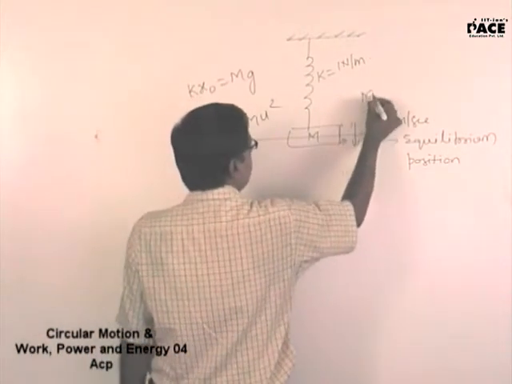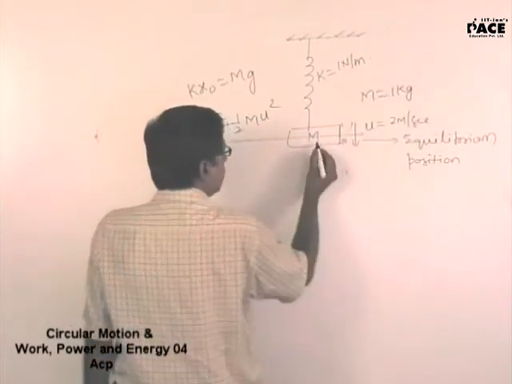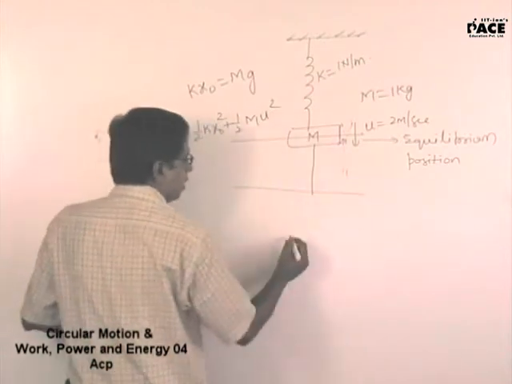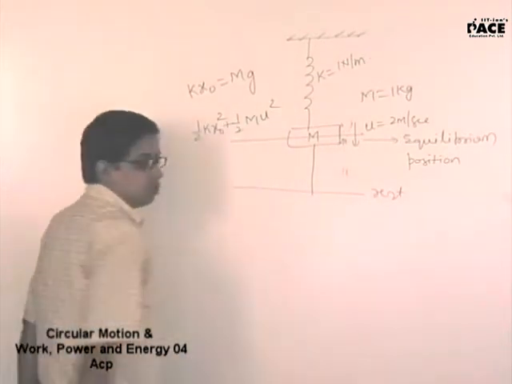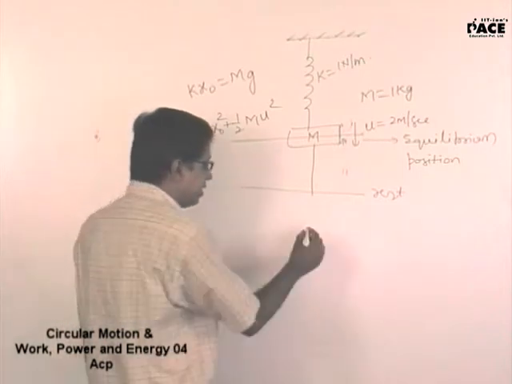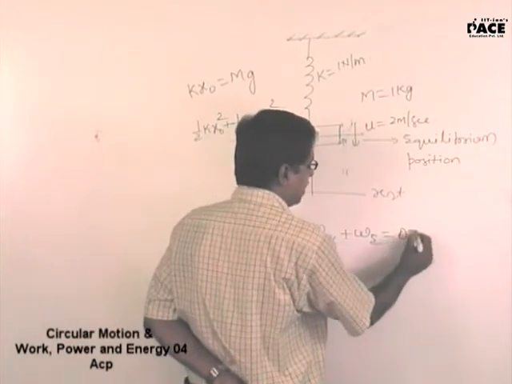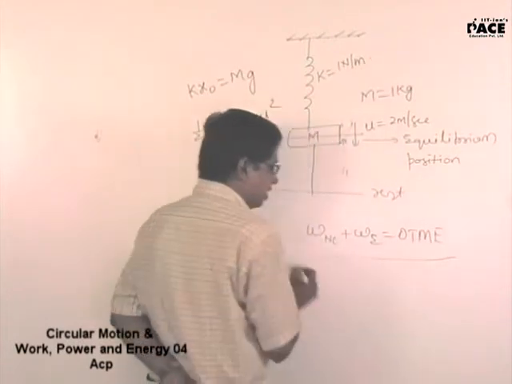And you gave me capital M to be 1 kg. Now when you gave a velocity of u, it comes to rest here. It comes to rest. So when can you conserve total mechanical energy? When work done by non-conservative plus external forces is delta TME. I hope you remember this.